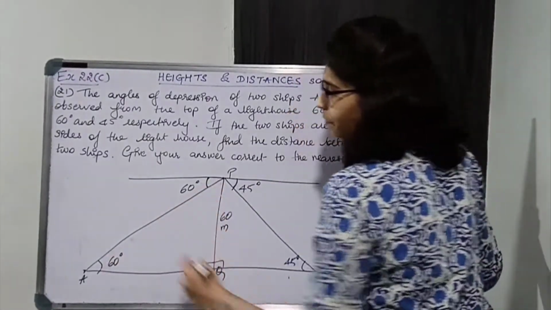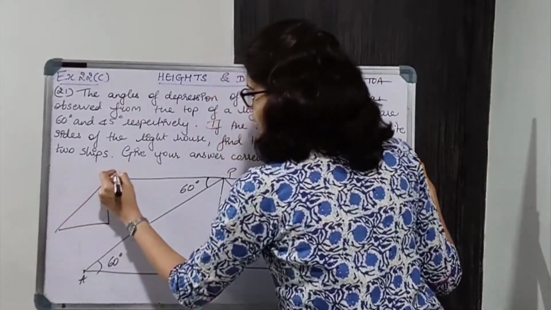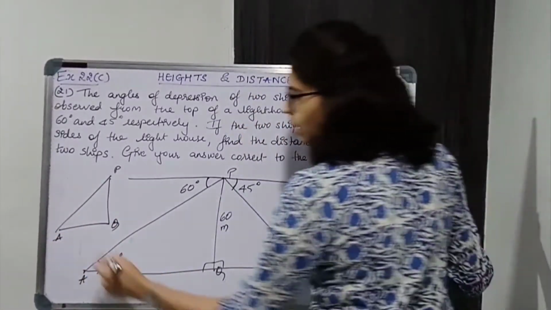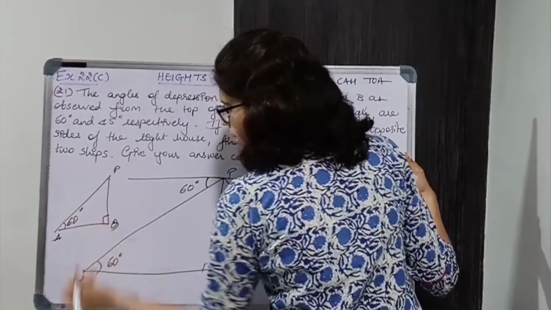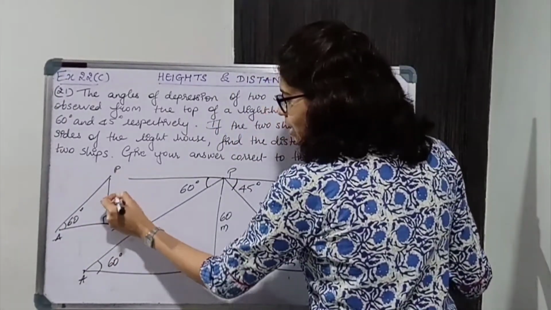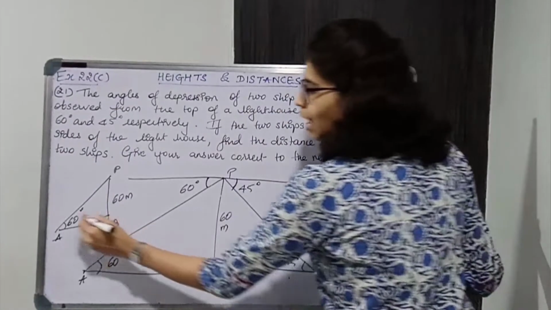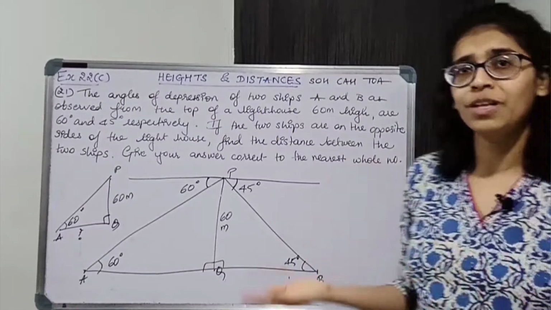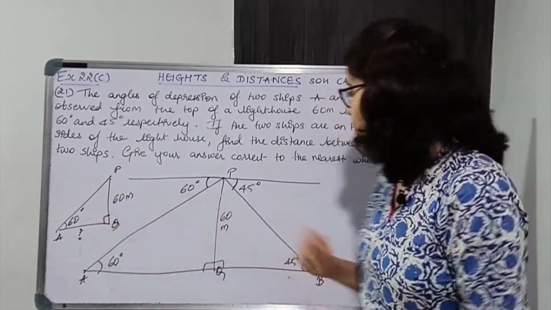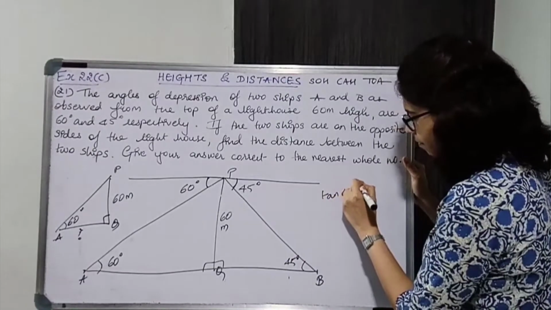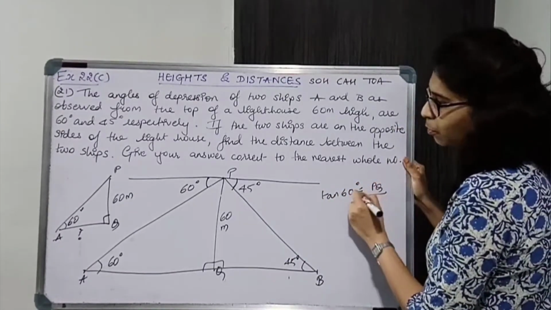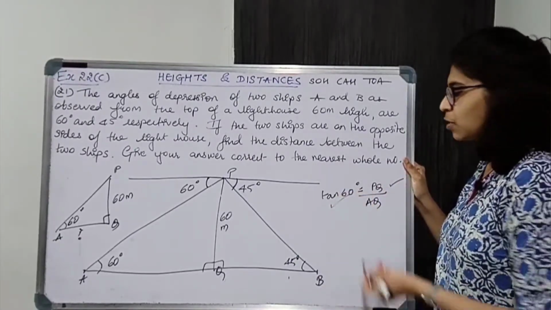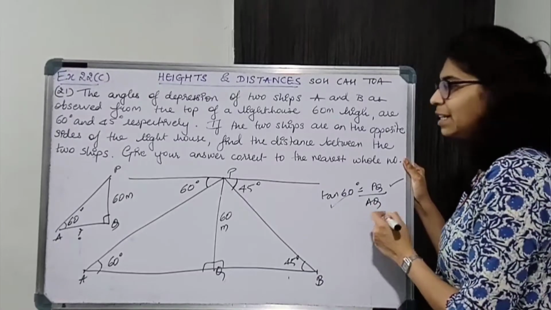In this triangle, okay, let's draw this separately for better understanding. PQA, in PQA this is 60 degrees, this is a right angle triangle. Now PQ is 60 meters, angle का opposite पता है, we need to find adjacent. Opposite and adjacent का relation you get from tan, okay, so tan 60 is equal to opposite, that is PQ, upon adjacent, that is AQ. PQ we know, tan 60 standard value table, so just substitute the values, solve further, you will easily get AQ.